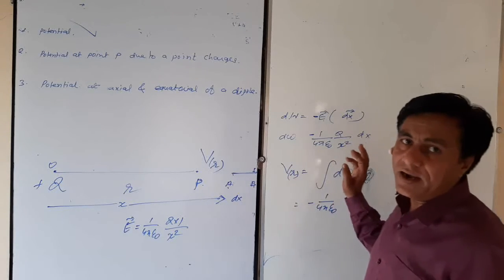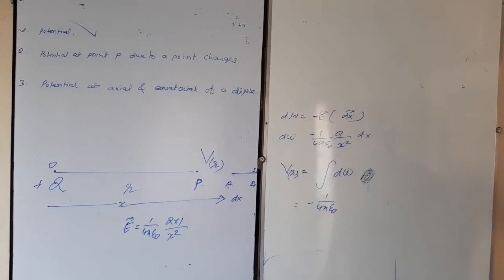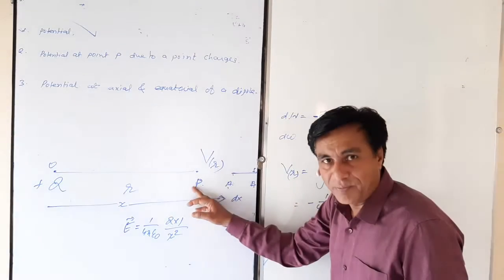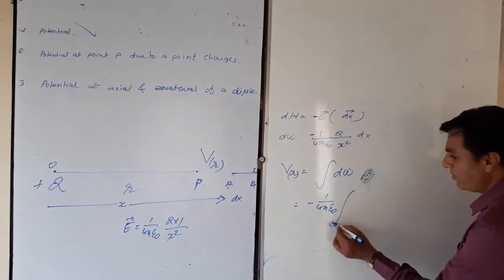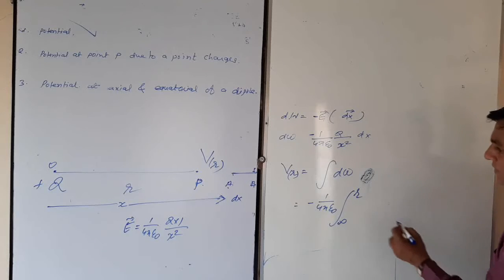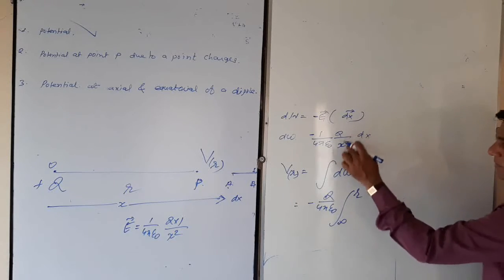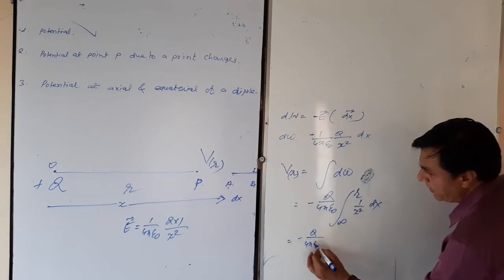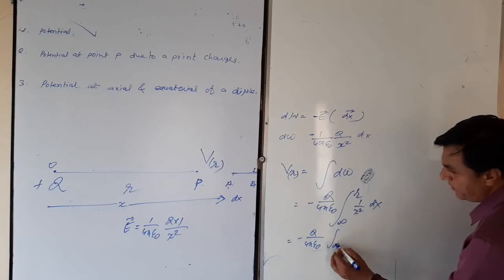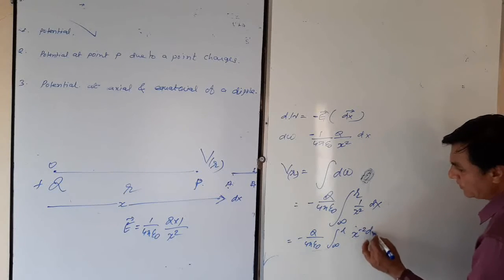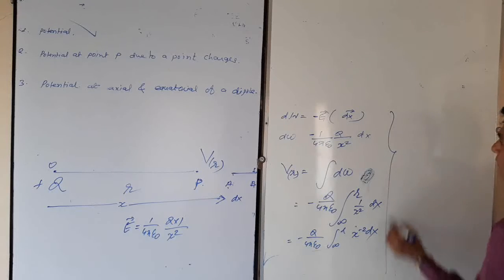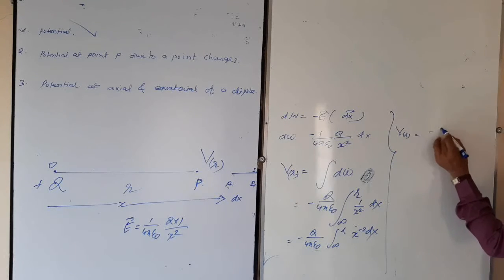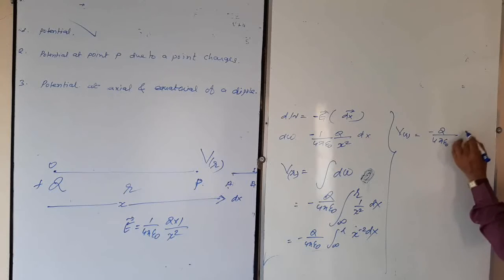potential, work done in bringing unit positive charge means the initial point is at infinity and the final point is at position R, from infinity to R. dW, q constant, 1 upon x square dx, minus q upon 4 pi epsilon 0, infinity to R, x power minus 2 dx. Again, V at R is equal to minus q upon 4 pi epsilon 0, x power minus 2 plus 1